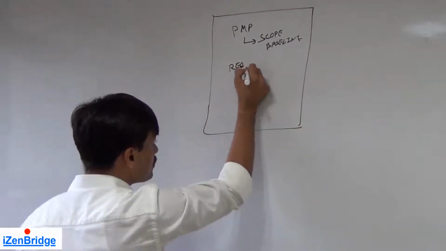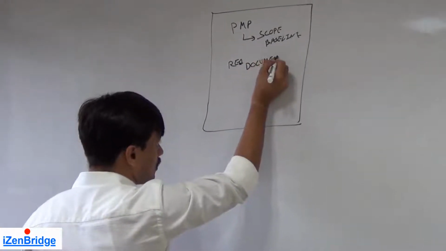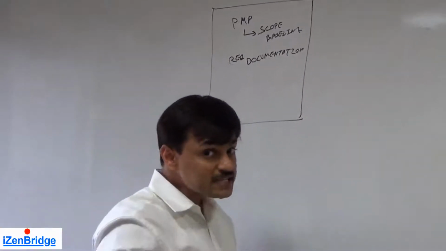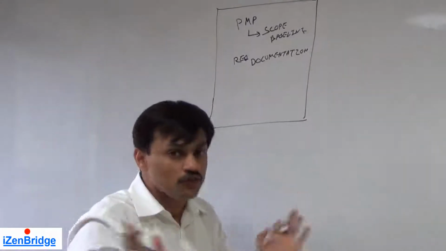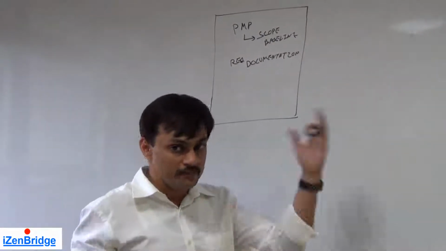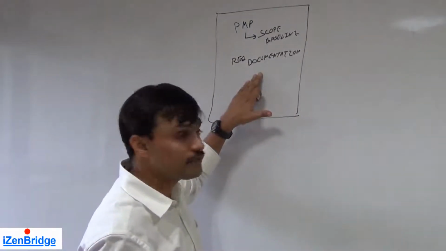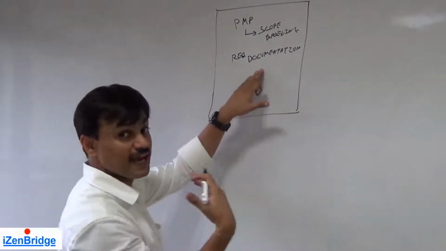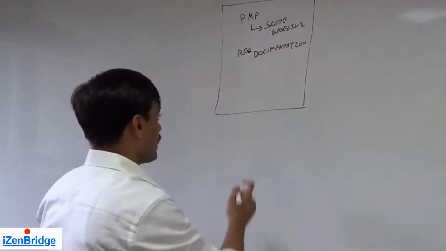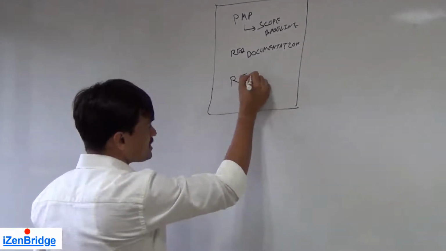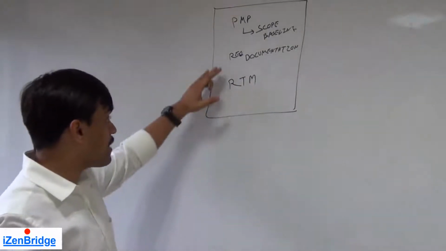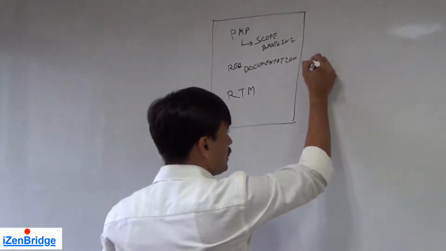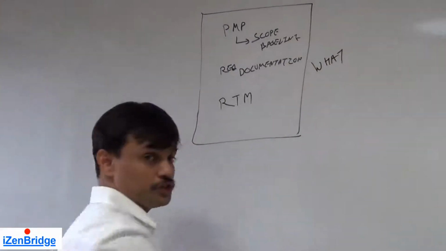Requirement documentation, the documentation which we created based on the end customer need by doing various facilitation workshops, group thinking, brainstorming, mind mapping. So this document is used as a reference for verifying have we delivered the thing which we have discussed or which we expected while talking about requirement documentation. And the requirement traceability matrix helps us in mapping our requirement to a deliverable. So the scope is defined or coming out of these three inputs.